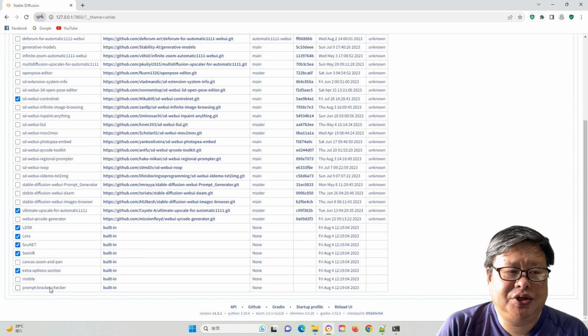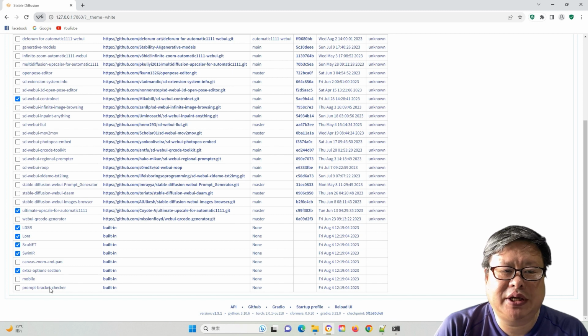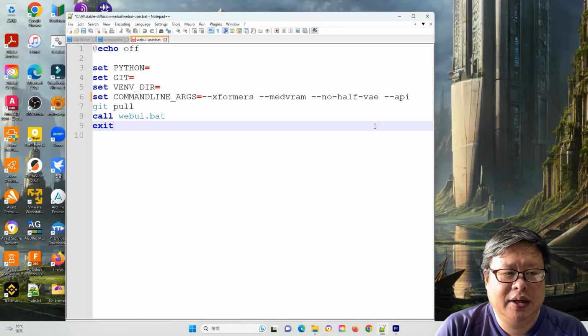To resolve this issue, we should load only the necessary extensions in our workflows to ensure smooth operation without any conflicts. While most extensions can be unloaded easily, some parts, like the API, might require changes to the Web UI user.bat file, which is not always convenient. Here is where the trick comes in.